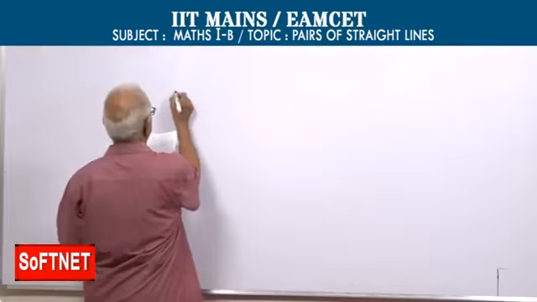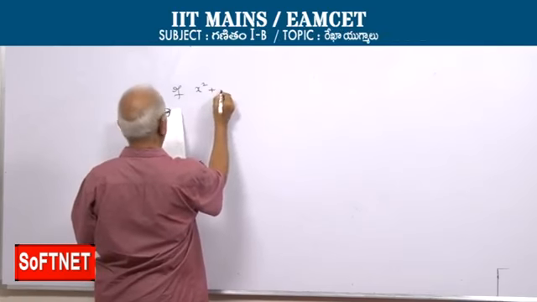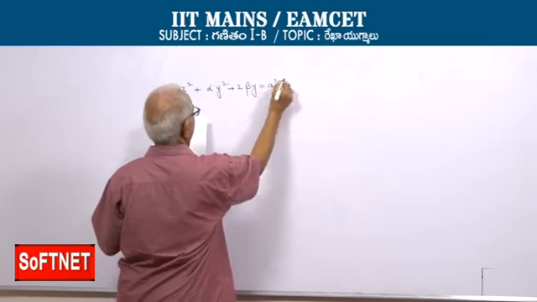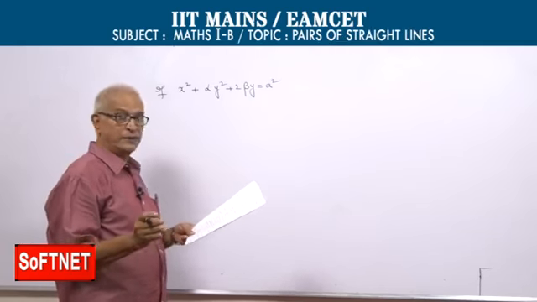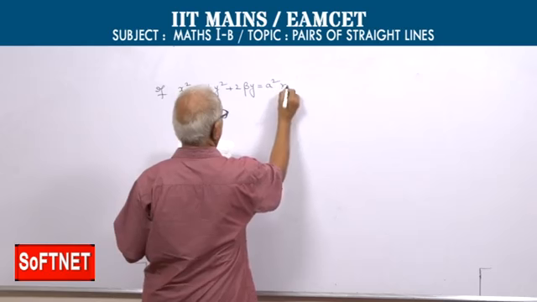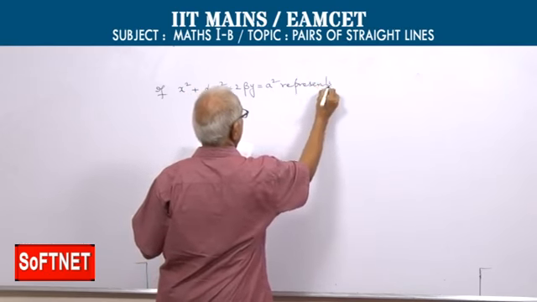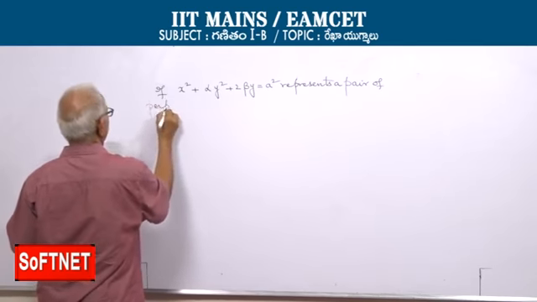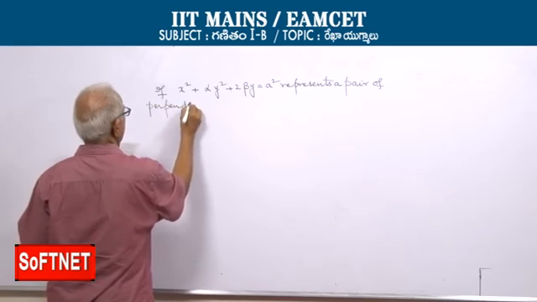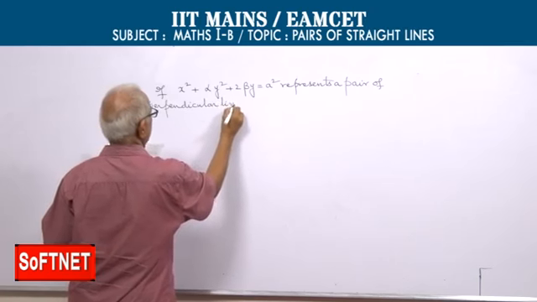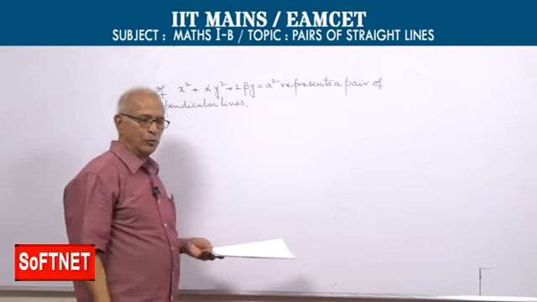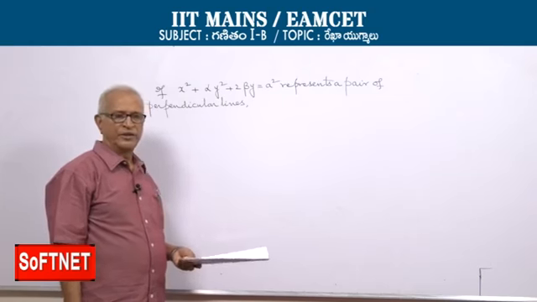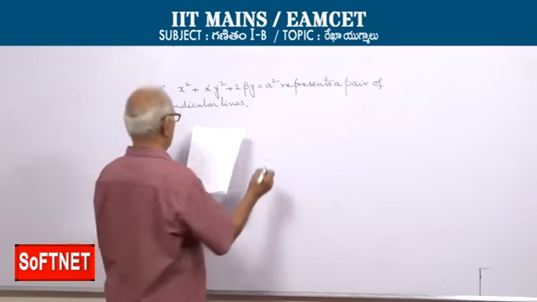square equal to 0. If x square plus alpha y square plus 2 beta y minus a square equal to 0, not a homogeneous equation because of the presence of the y term, represents a pair of perpendicular lines, then beta equal to... I told you the condition for the homogeneous equation or the general equation of second degree in x and y to represent a pair of perpendicular lines, that necessary condition is the same, a plus b equal to 0. Then beta equal to